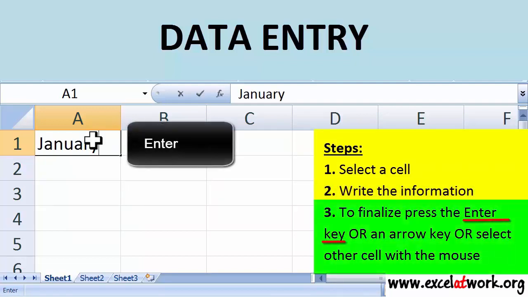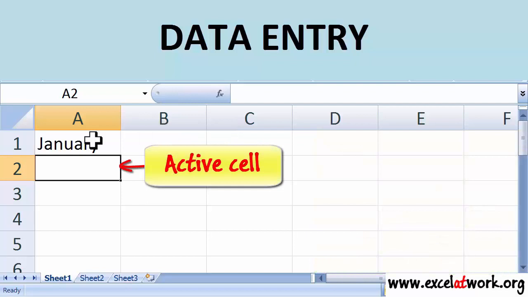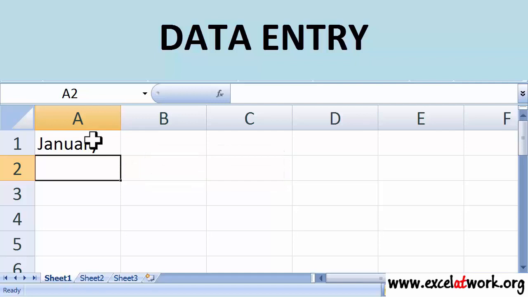Third, I press the Enter key. Notice that after hitting Enter, the cell below becomes the active cell. Excel does this to help you enter information in the cell below, so you will not need to select the next cell by yourself. Now I type in February